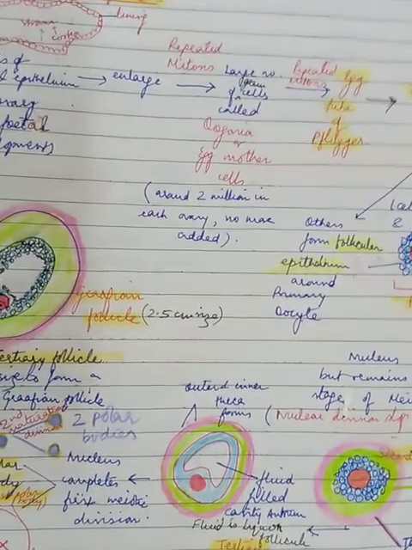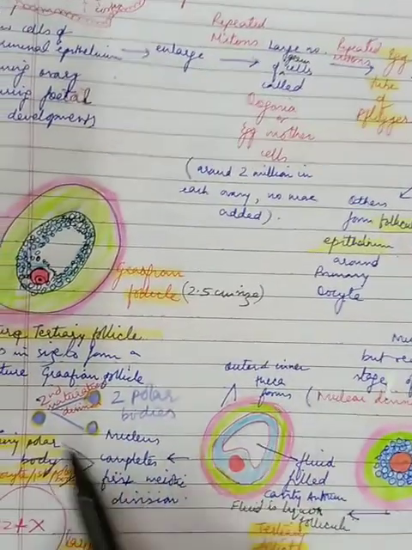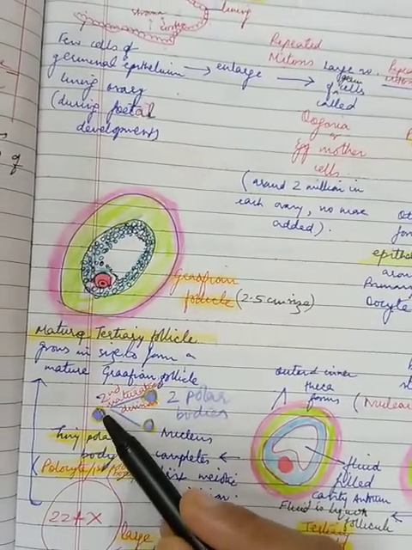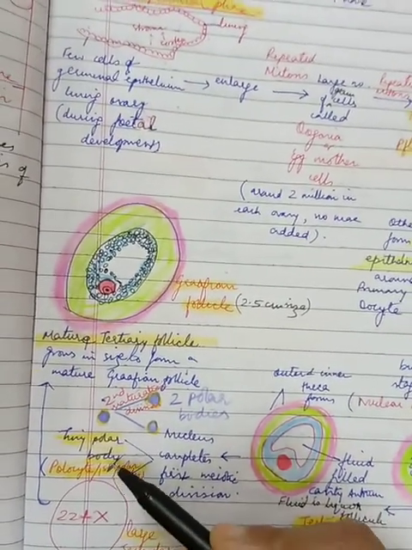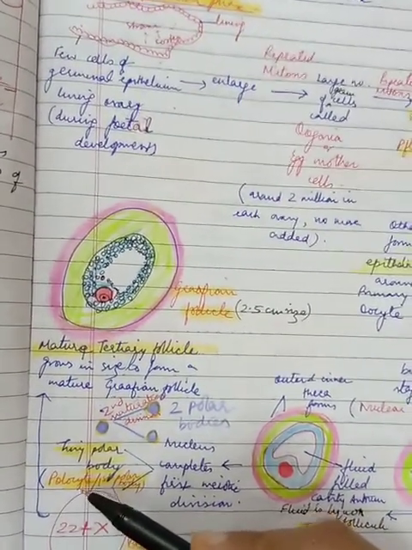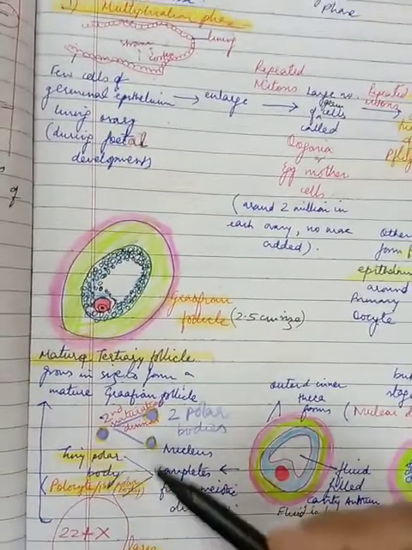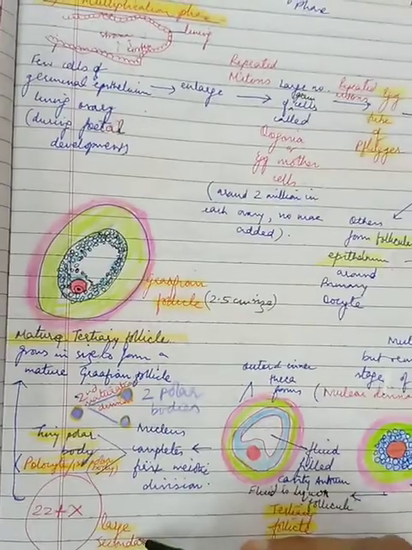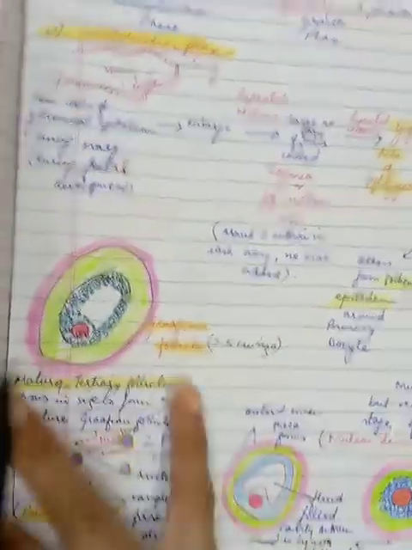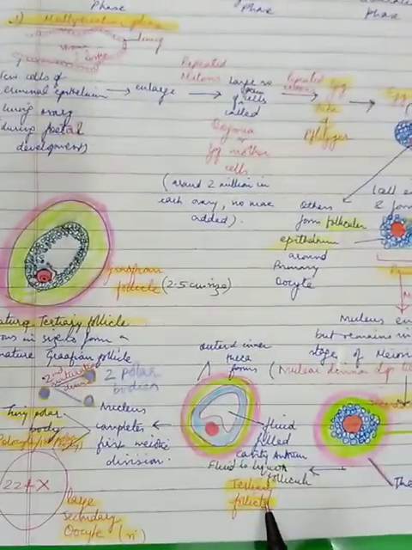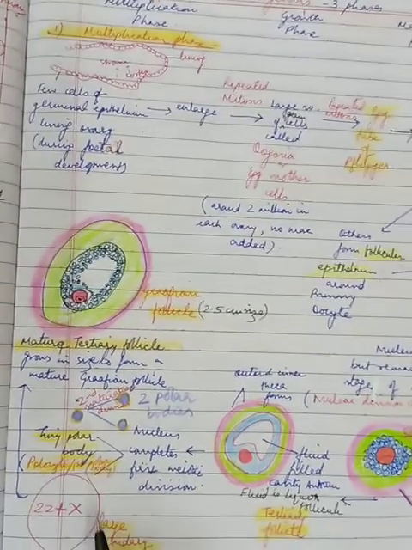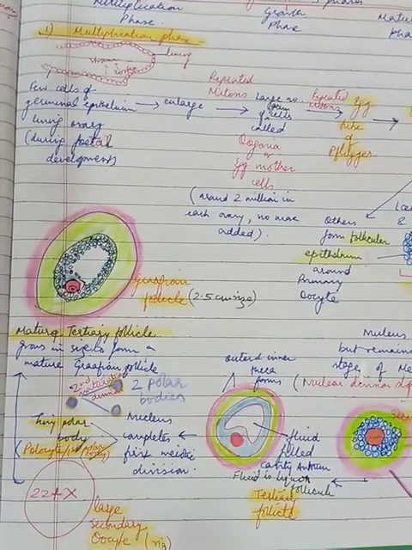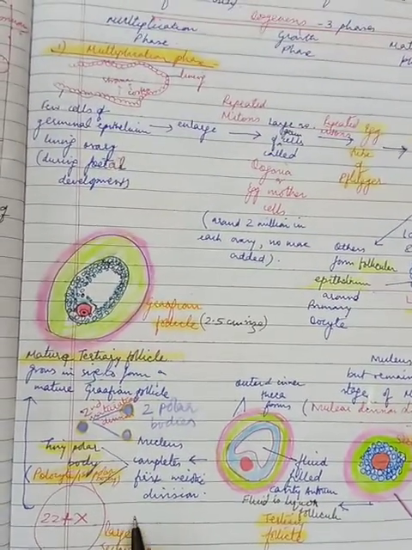Alright, and doing this, as a result, there is a tiny body given out. This tiny body in blue color is given out. We call this the tiny polar body or first polar body or polocyte. This has no function. Alright, and it also gives the large secondary oocyte which is haploid. So once again children, when the meiotic division is completed here by the tertiary follicle, it gives out a tiny polar body or polocyte and also forms the large secondary oocyte which is haploid with 22 plus X chromosomes.